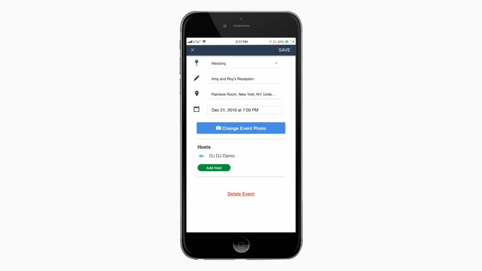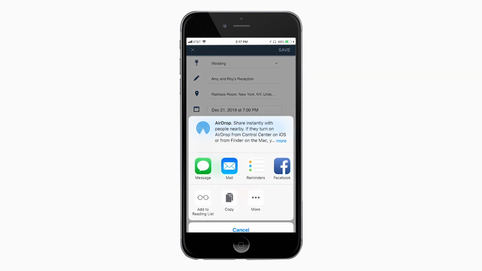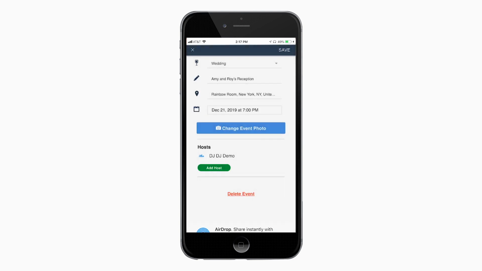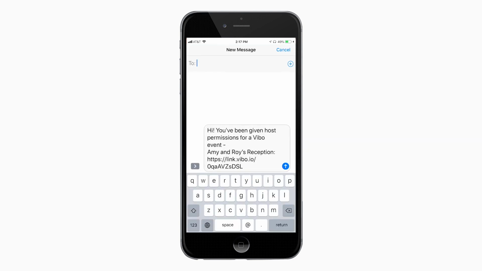If you decide to add a host, use discretion because they will have access to everything. Assuming you want to add a host, click the Add Host button, which will then open up a screen giving you options to send them a message. We recommend texting, so when you click the texting icon, it will generate an auto message which you can edit